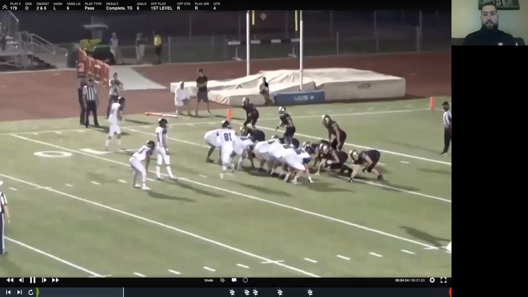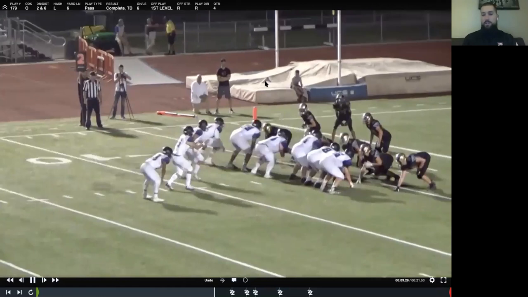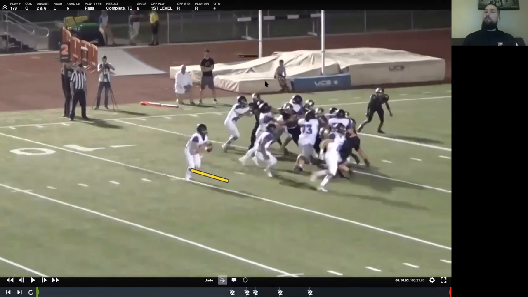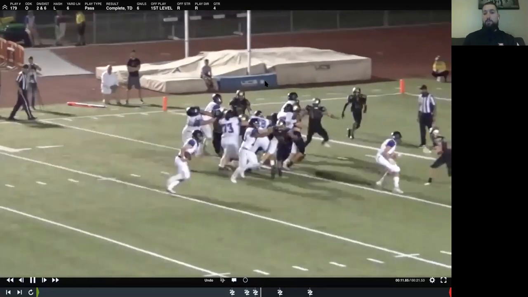By the way, the kid who threw that last one and the kid who's about to throw this one, okay, little shift, little motion, right? And now we'll slide ourselves out. Again, here's the king coming down. We can see in his outside ear hole. We're coming fast and flat. Now, this is our number 2 in right now, and it was on the last snap as well, right? So it's not just, hey, we've got a special kid at starter that can do this. We teach every quarterback in our program to do this, and he shouldn't tuck the football here until he's past the line of scrimmage, but he pulls it back out.